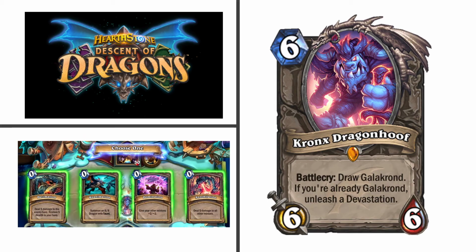And last but not least, we've got the man that loves Galakrond the most. We got Kronk's Dragon Hoof. 6 cost, 6/6. Battlecry, draw Galakrond. But if you are already Galakrond, you unleash a Devastation, which is an absolutely ridiculous thing. You either get to do Decimate, which is deal 5 damage to the enemy hero, or restore 5 health to your hero. That is the worst one, which is already...